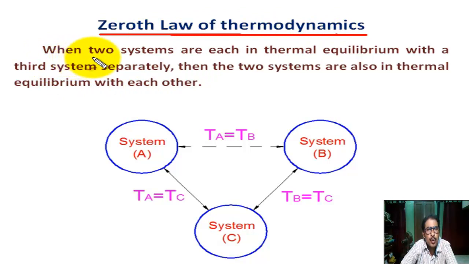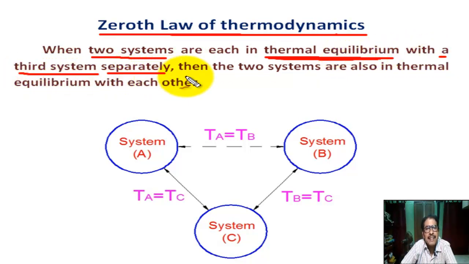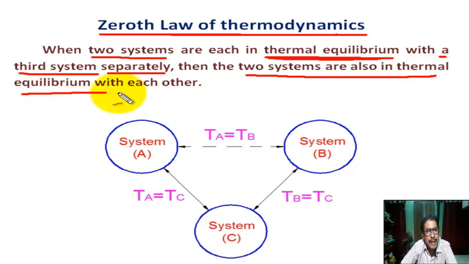When two systems are each in thermal equilibrium with a third system separately, then the two systems are also in thermal equilibrium with each other. Okay,